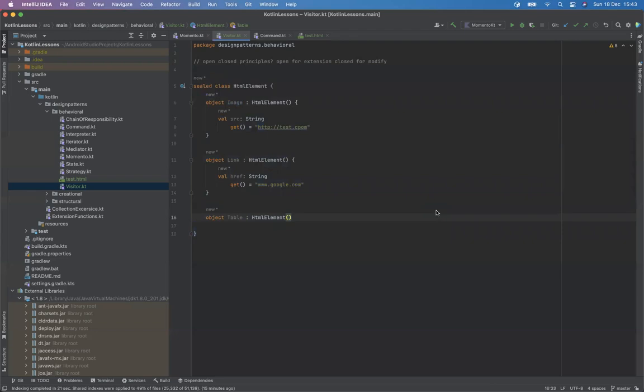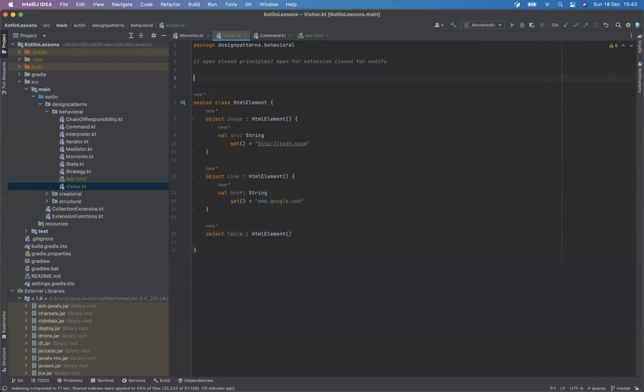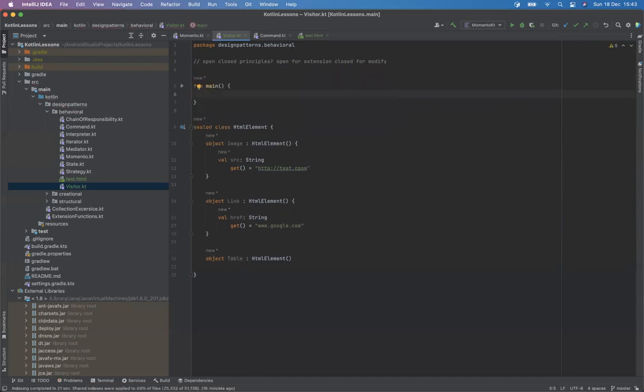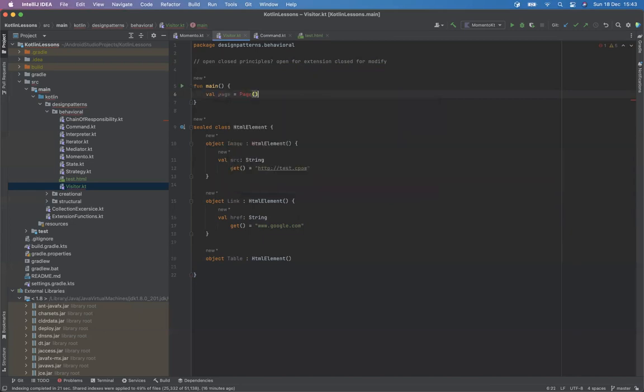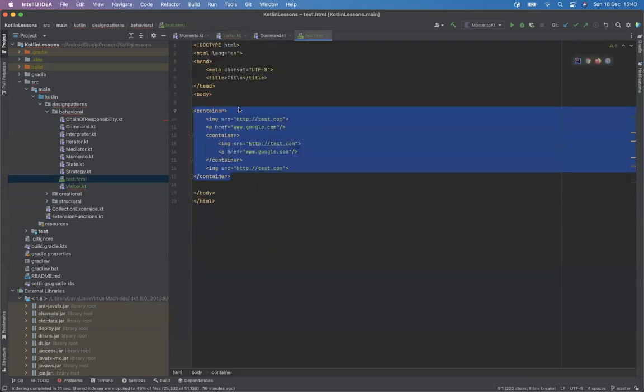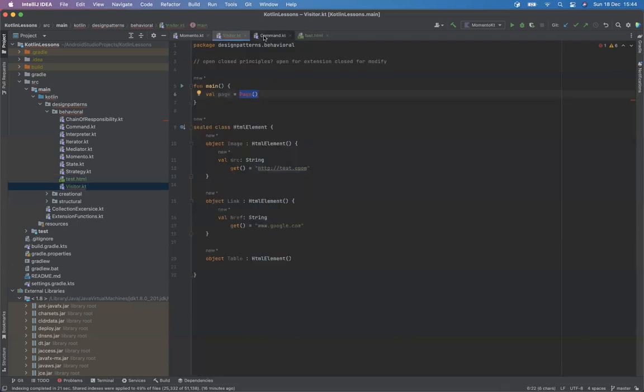Okay, cool. So we have our hierarchy. Let's now put up a page. Let's start with our main function. Boom. And then let's create our page. So the page can have a list of HTML elements, right? That's how we will create it. Of course, it needs to start with a container, right? You with me, right? We're just making this up. So the page should have